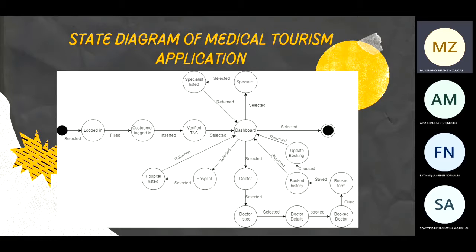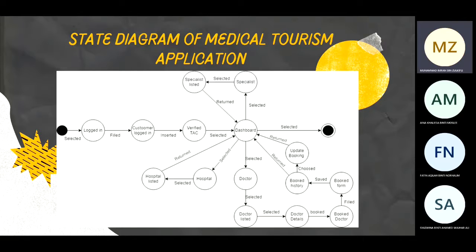So if the user selects the specialist, the system displays a specialist list, and after that, the user needs to return to the dashboard. And if the user chooses the hospital, the system goes directly to the hospital list and can return to the dashboard. And lastly, if the user wants to choose a doctor, the system goes directly to the doctor list and selected doctor details, and the user needs to book